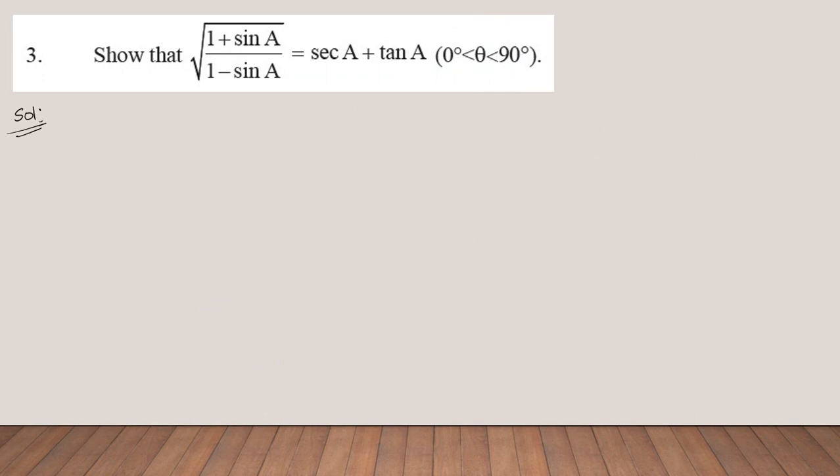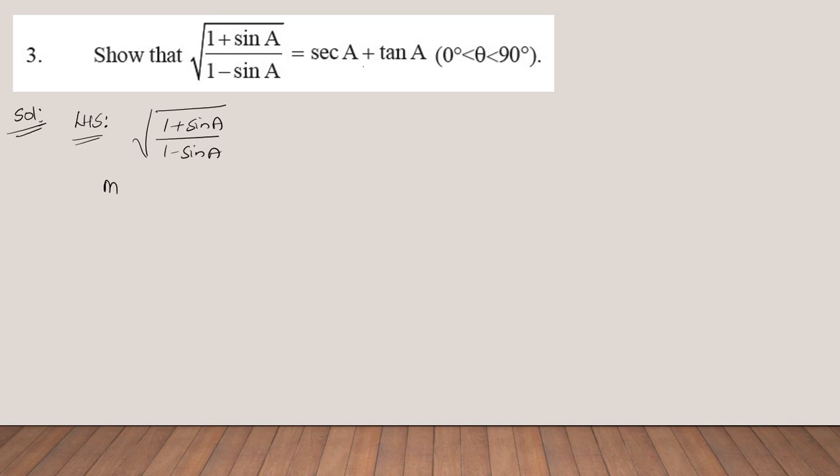Next, moving on to one more question. If you observe this question, it looks the same as the ones we have done in the examples, right? Now, the square root of 1 plus sin a by 1 minus sin a, you need to get secant a plus tan a. So here you are having plus, here also we need to get plus. So further, here it is 1 plus sin a by 1 minus sin a. Since I need the same thing which is present in the numerator, whatever the plus that is given, we need to get the same plus.